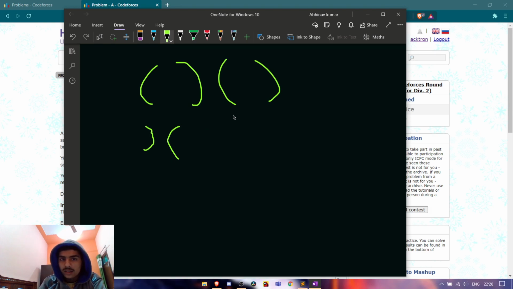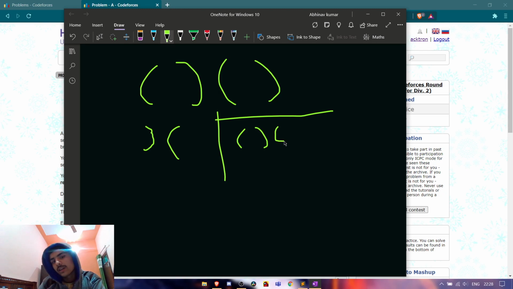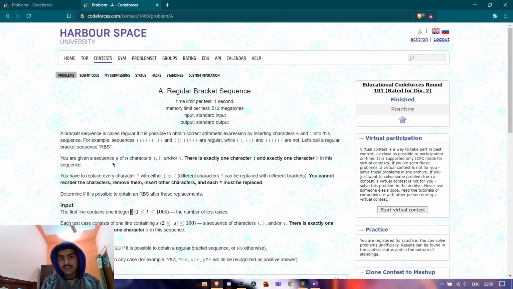Same like if we have a string and we put an opening bracket here and we are not putting any closing bracket, then this is also wrong. So we need to make the given string an RBS string.